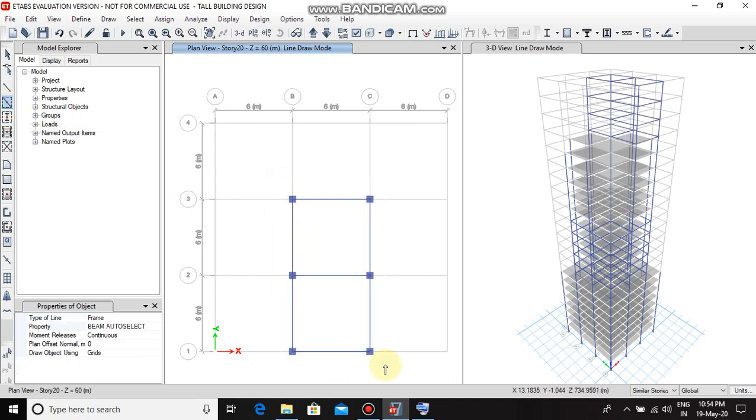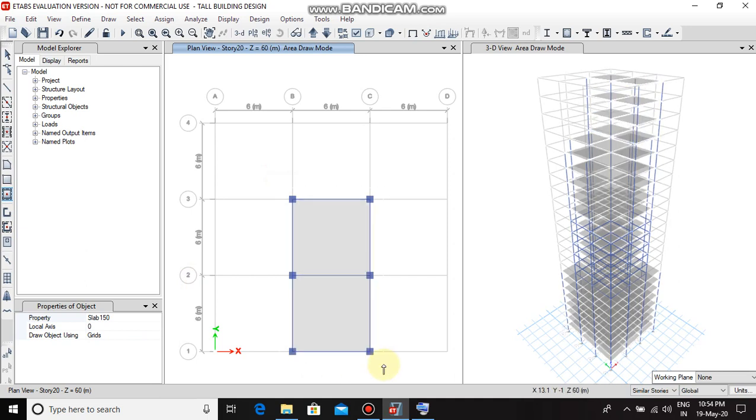Then select on this area, keeping the property as beam auto select, keeping it as the similar stories. Now in order to draw the slab, click on the shortcut of quick draw floor or wall and click on the required area, keeping the property as slab 150, and over here the similar stories, and then click on skip.